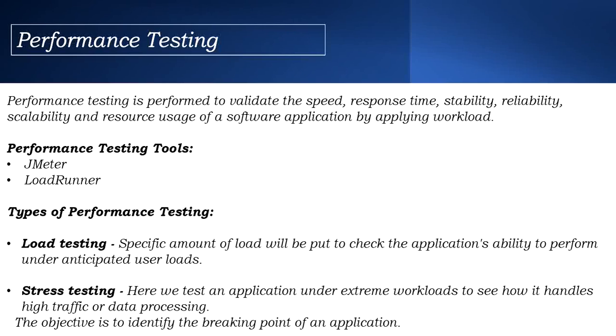You will log into the application, and a lot of users will start logging in just to pay their fees. At that time you might have faced an error saying that the server is not available, please try after some time. This error occurs because so many users are logging into the application that at the extreme point the application breaks down, as it cannot even take the load. That is what will be tested as part of stress testing.